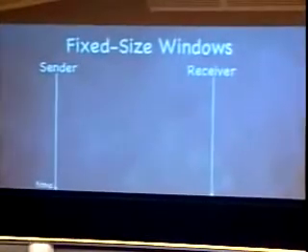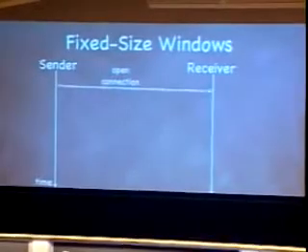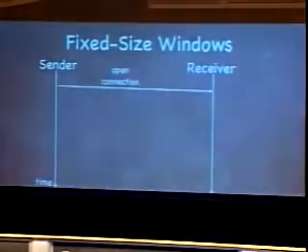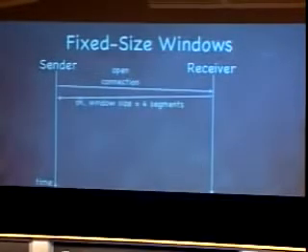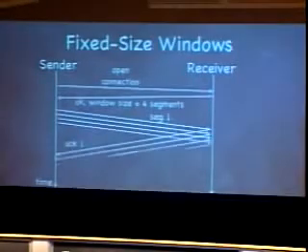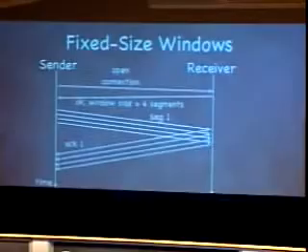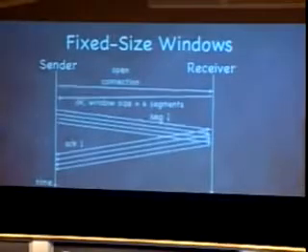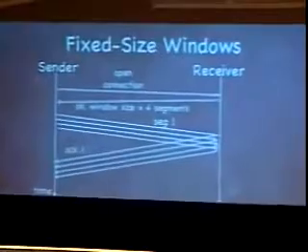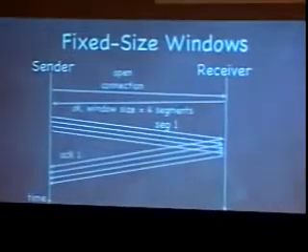And the idea is really very straightforward. The sender and the receiver at the beginning of communication are going to negotiate. They're going to exchange some information about what the window size is. So the sender is going to request that the connection be opened, and then the receiver is going to say, for example, okay, let's go ahead and start this conversation, and by the way, my window size is 4 segments. So now the sender can send 4 segments all at once, and the receiver can go ahead and acknowledge them. So we can have 4 segments in flight at any one time. And then after those messages have all been acknowledged,